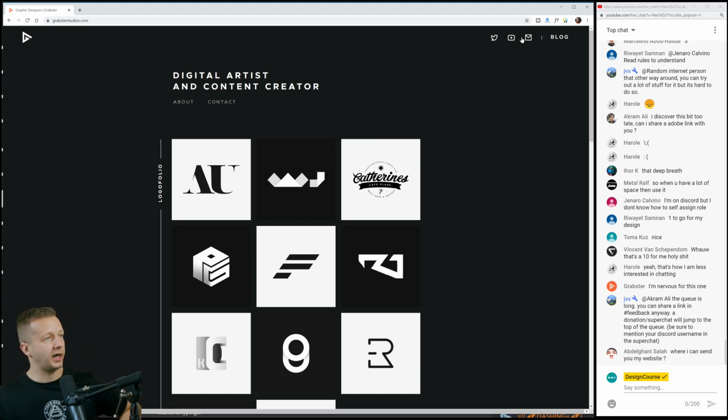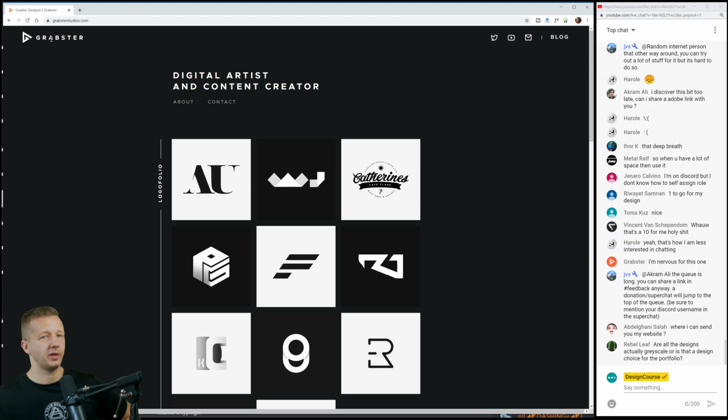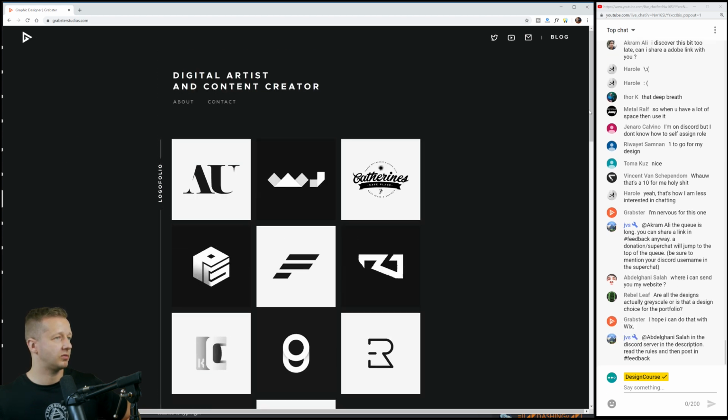I like the icon-based nav up here. We have a blog, simple logo. I'd probably show Grabster by default. It'll fill it out a little bit more. But yeah, pretty solid. We'll check out the